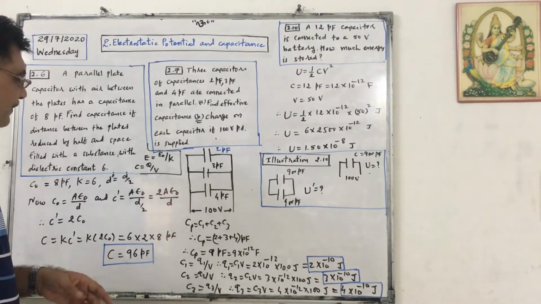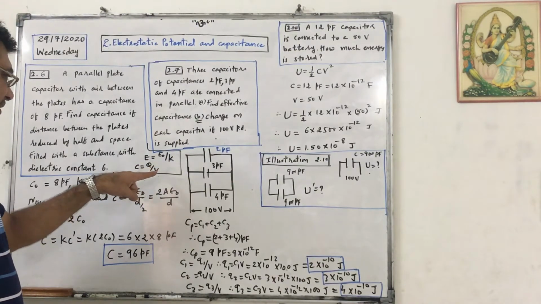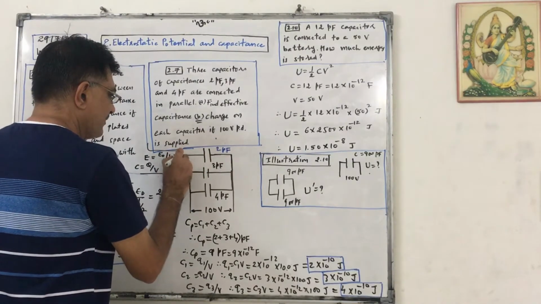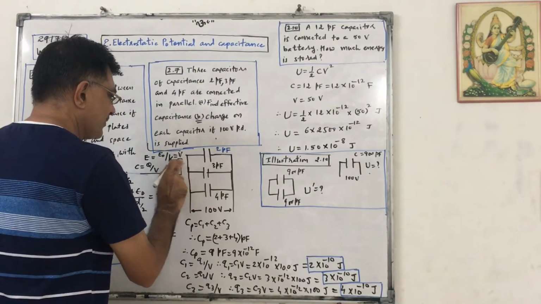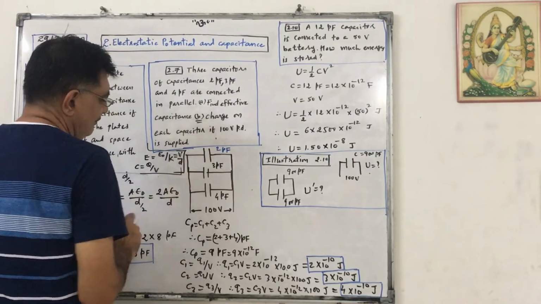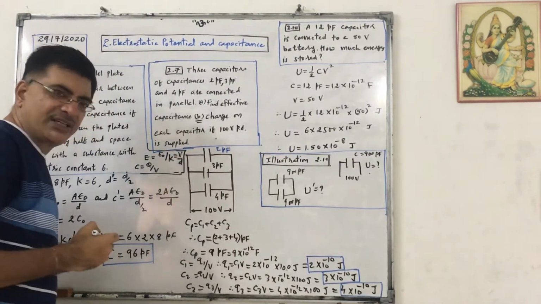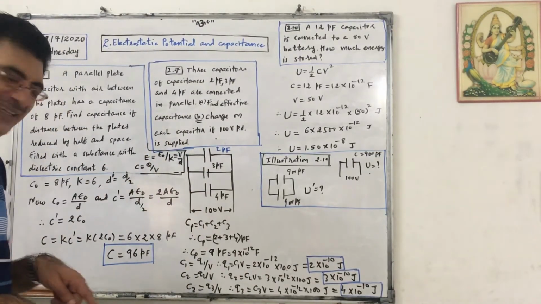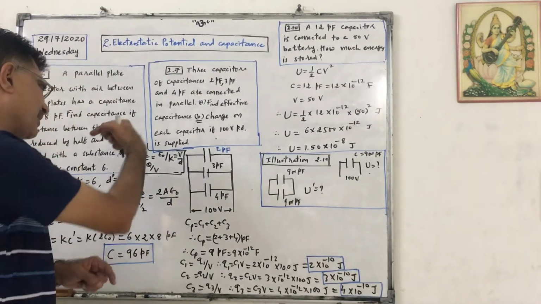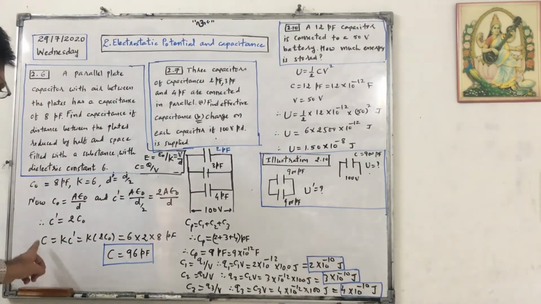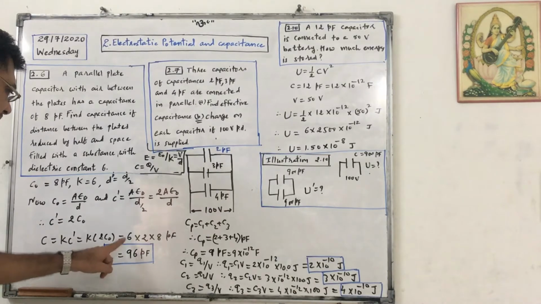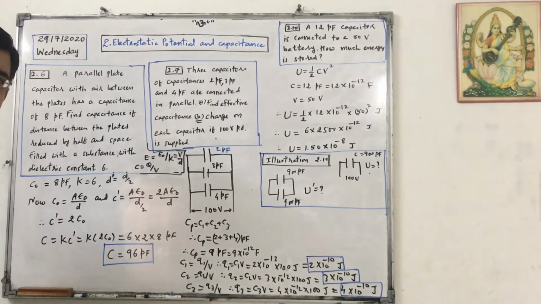And the final capacitance is K times C dash. As I explained, V is proportional to 1 upon K. It can be written as V by R or say V by D, so you can understand. So V is proportional to 1 upon K and C is proportional to 1 upon V. So 1 upon K, that capital K will go up. So the new capacitance will be equal to K times C dash. So K times 2C0. K is 6, 2 is 2, C0 is 8 picofarad. So 6 twos are 12, it is 96 picofarad.